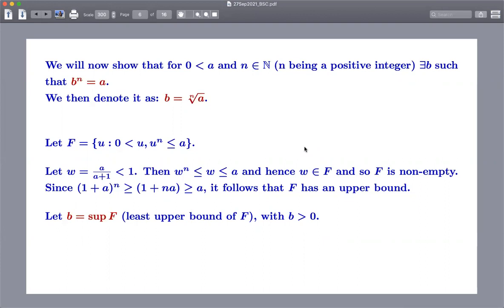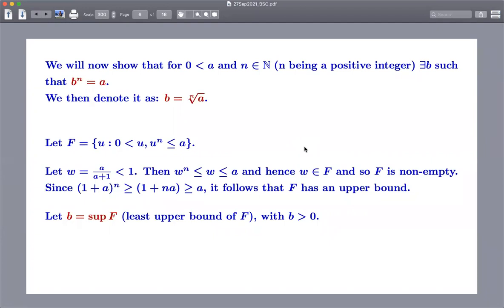So to start with the least upper bound property, we need two things. One, as was pointed out in the chat box, we need to show that it is bounded above. Also, it has to be non-empty. If it is an empty set, then the least upper bound would go to minus infinity, so to speak. So a non-empty set which is bounded above has a least upper bound. That's the property. So we wrote down F. We need to show that this set F is non-empty and this set is bounded above.